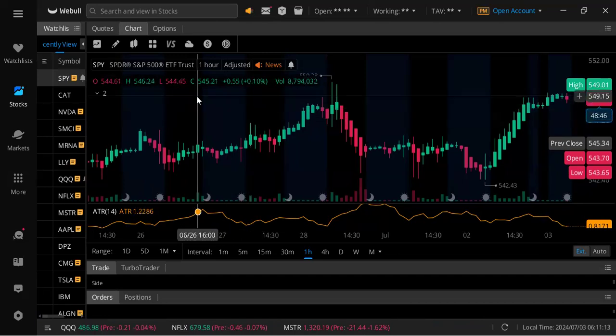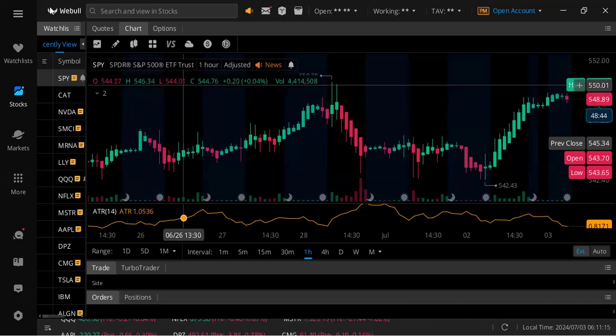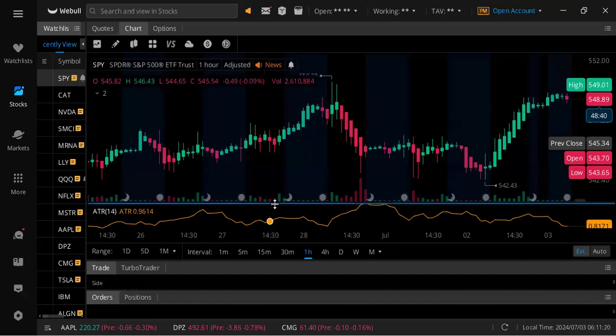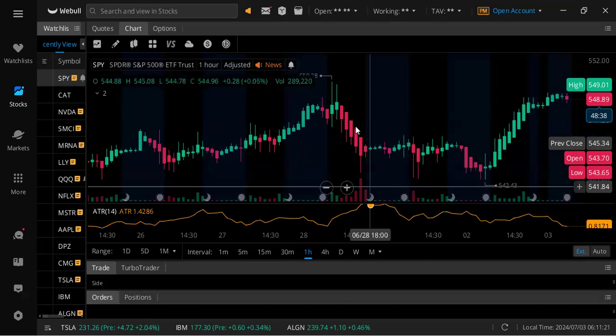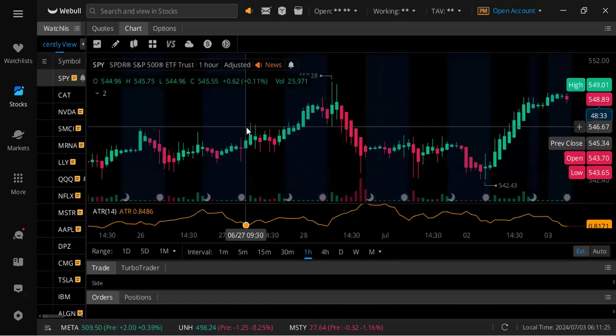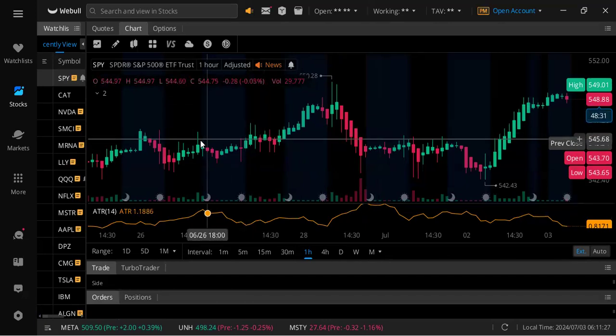So the problem with my TradingView, I can't draw the lines. I don't know what happened to that chart of mine. If I draw lines, they keep appearing. So I'm going to use my Webull. And I'm just going to show from